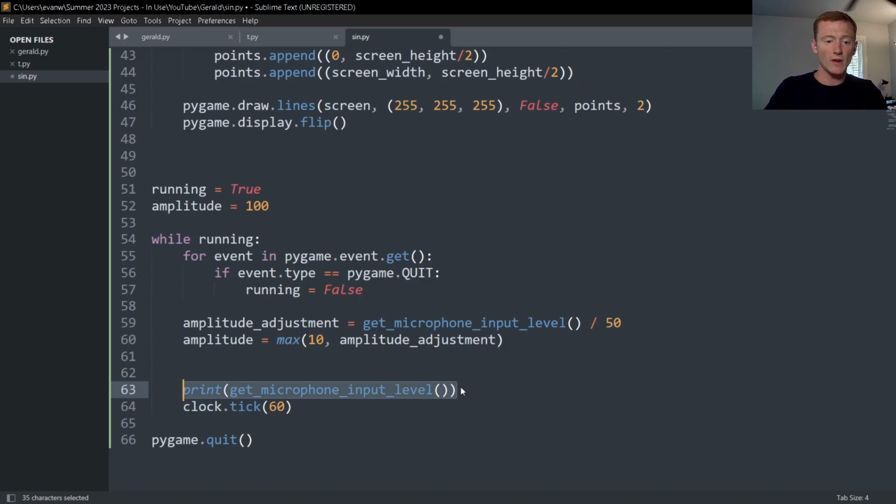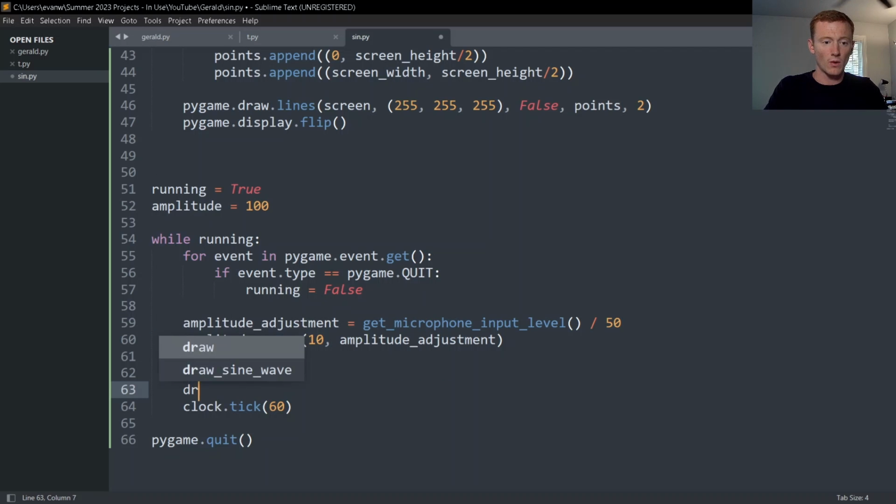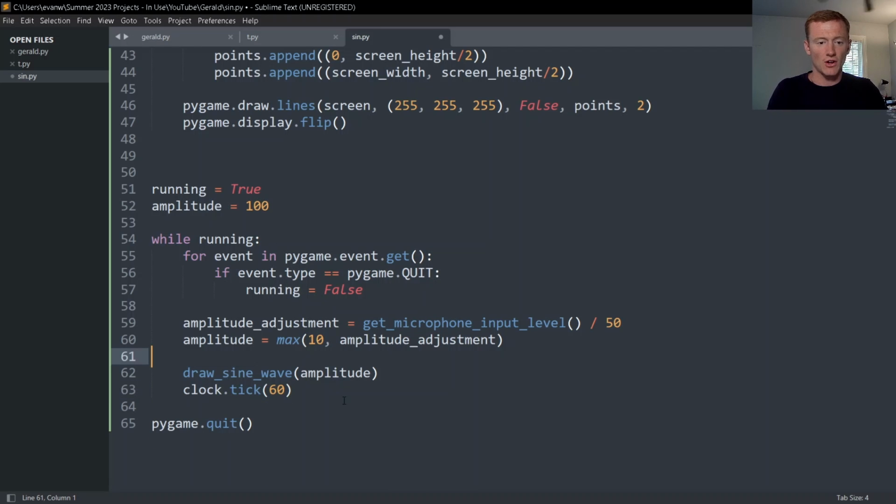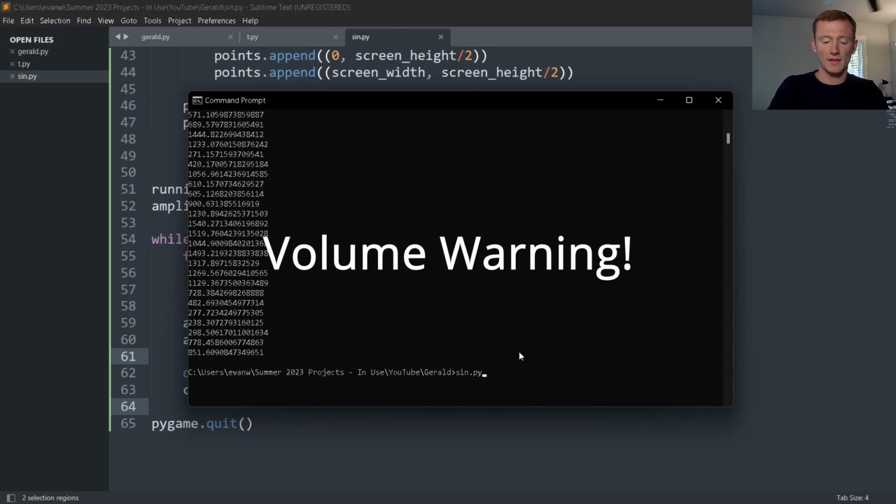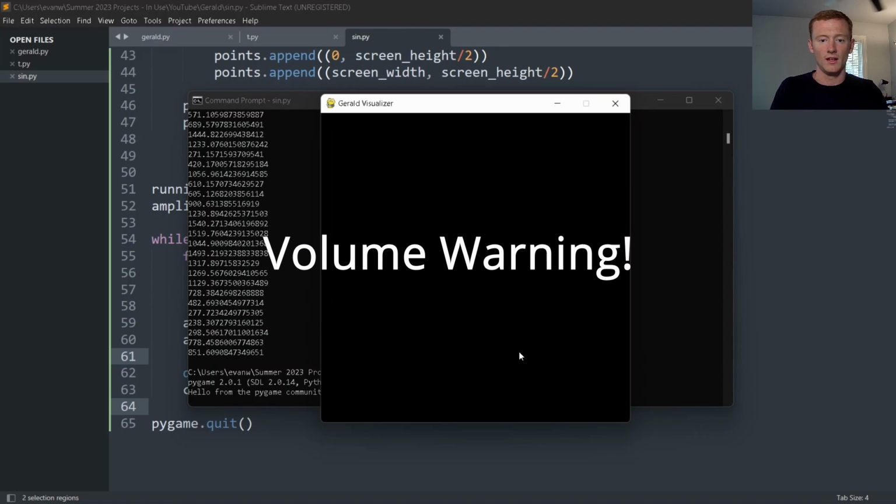And then finally, we can delete this print statement because we're going to be calling the function draw sine wave, and we're going to pass the variable amplitude through to it. Now make sure to hit Control S, and let's go test this over in the command prompt. Hit up on the arrow keys, hit enter, and just like that,